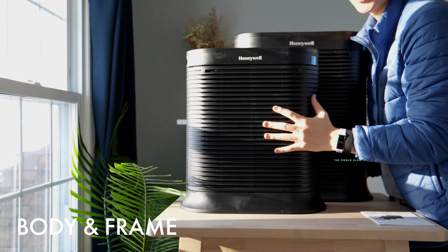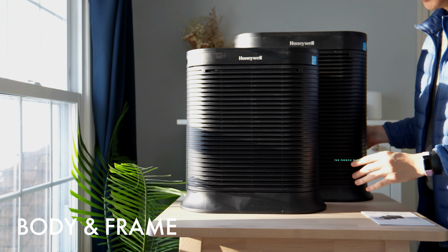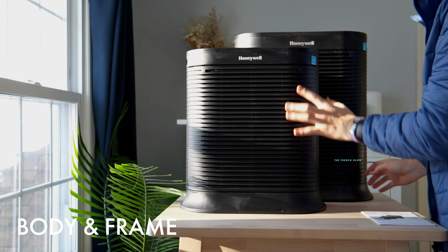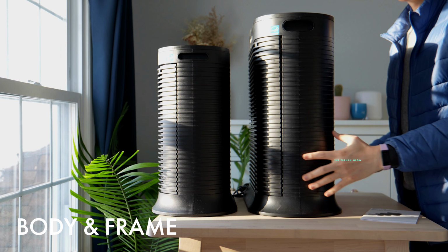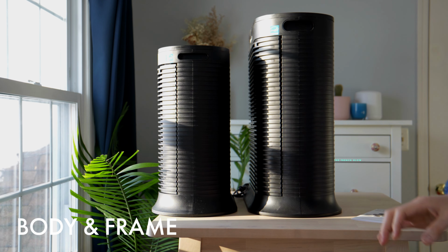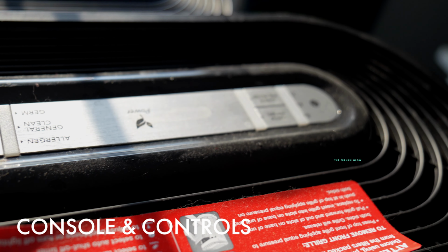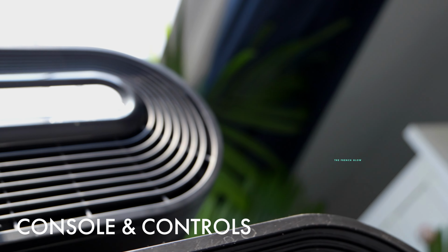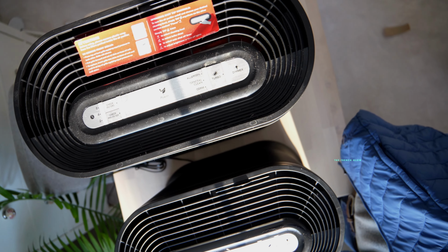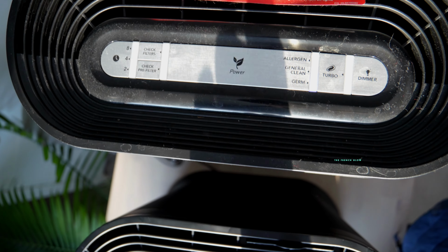Honeywell HPA 200, 300. It's an obvious size difference here. Let's also look at a cross-sectional view of them. So you can see on the cross-sectional view, the HPA 300 is, again, much larger. And on the overhead view,